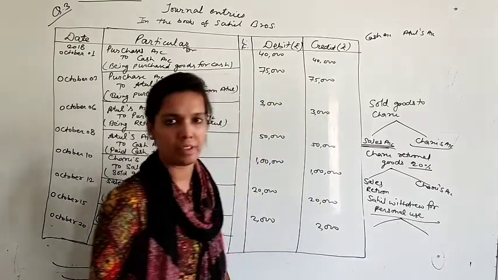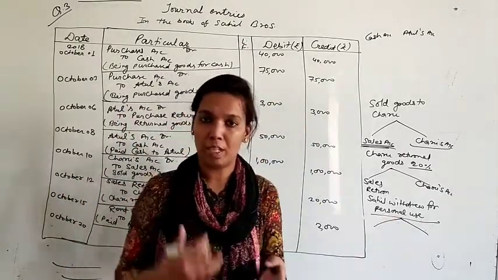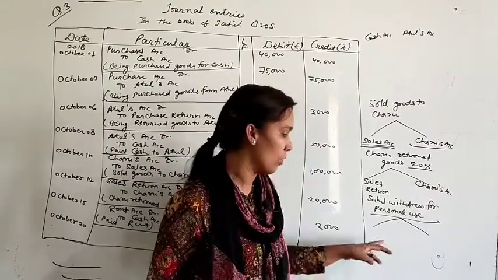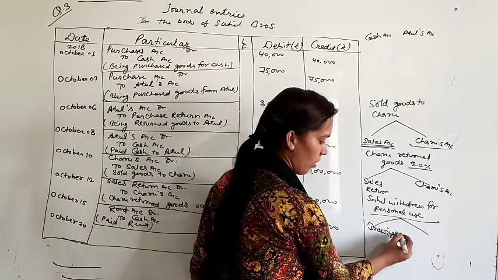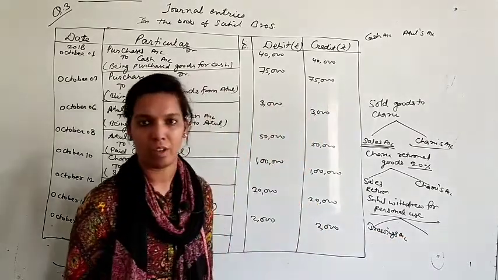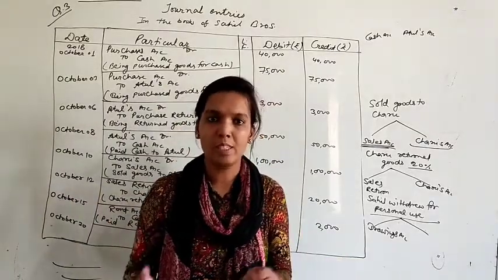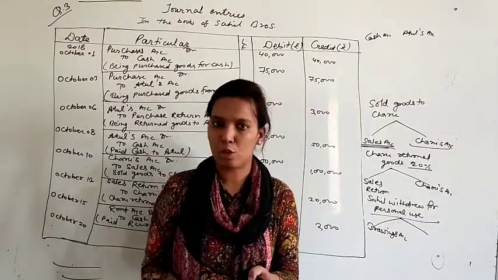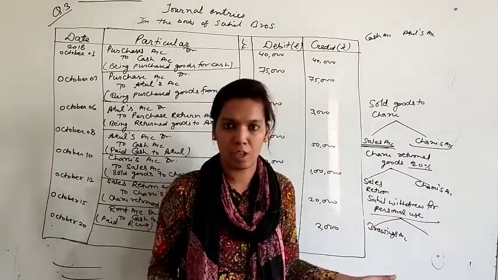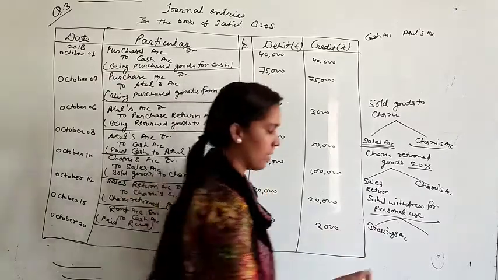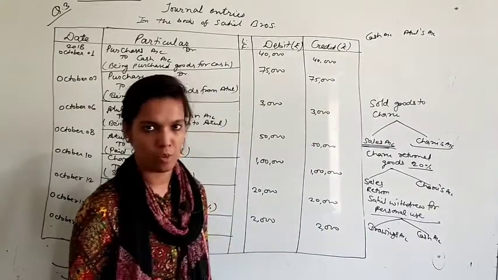Which two accounts will be affected? First, that is drawing, because whenever the proprietor is withdrawing money from the business for personal use, it will be called drawing. The first account will be drawings account. Now the second one: you should know in which form he withdraws, he may withdraw cash or any assets from the business. He is withdrawing an amount, meaning cash. So the second account will be cash account.